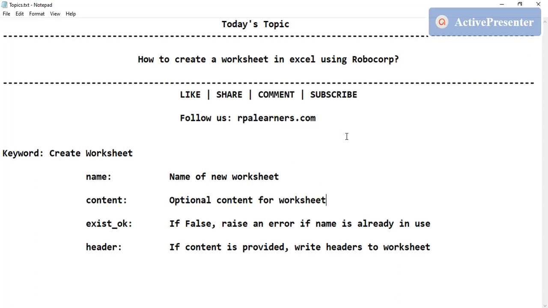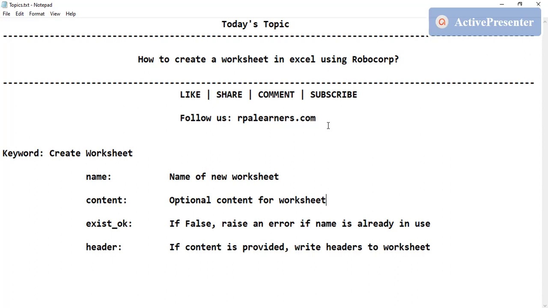If it is false, it will raise an error that it is already in use. If it is true, it will continue with that. And header, if you are writing some content into that new sheet, and you want to write it with headers, you can use this option.